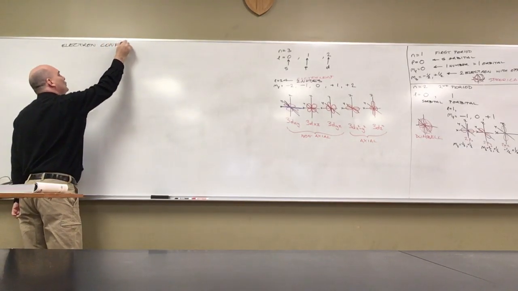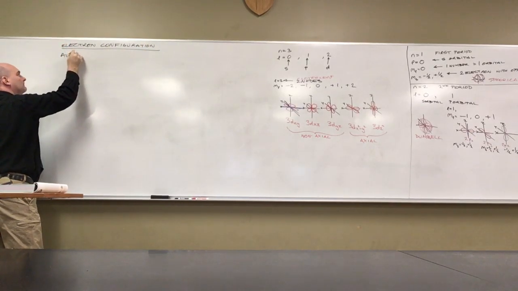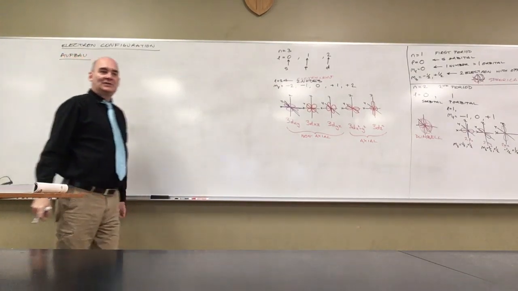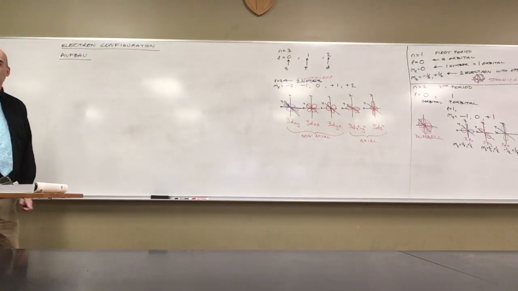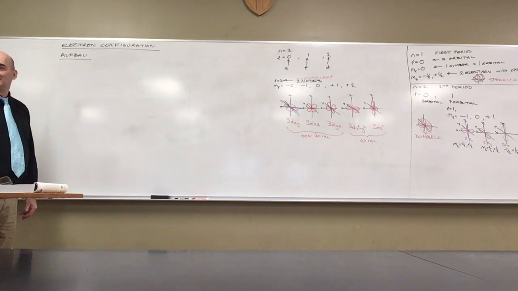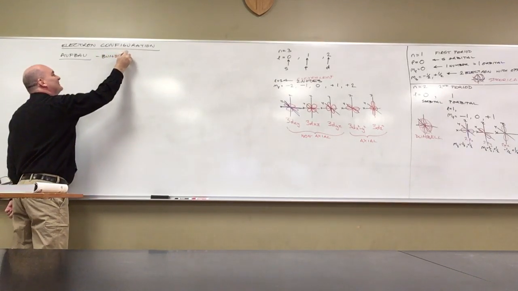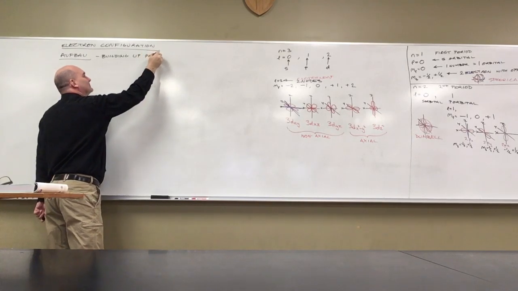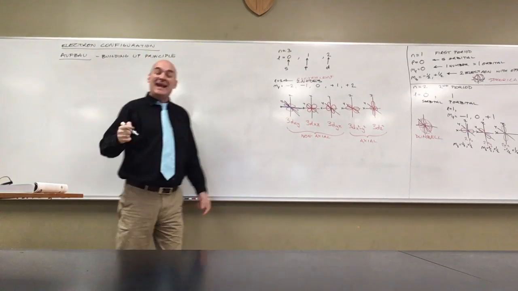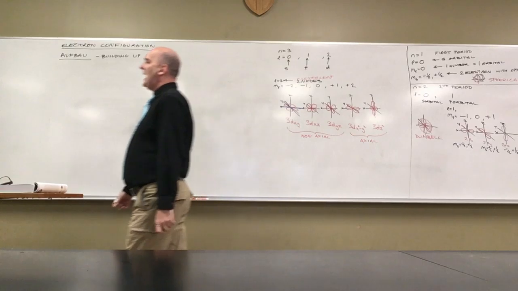And I have 3 rules for electron configuration. The first is Aufbau. Anybody speak German? It sounds German, doesn't it? German's a shouting language. Aufbau! This is the building, it's actually building out. It translates in English to building up, but it really should be building out